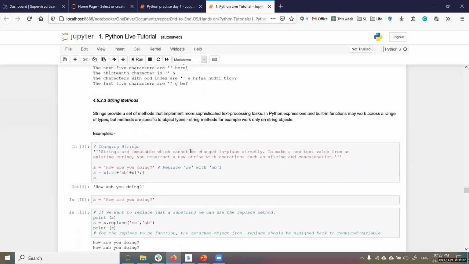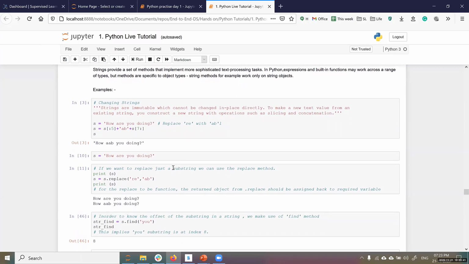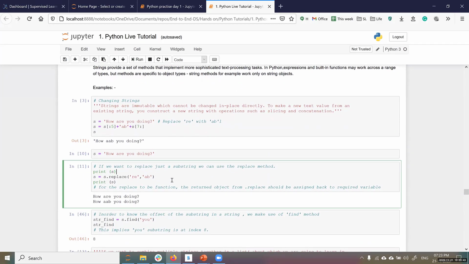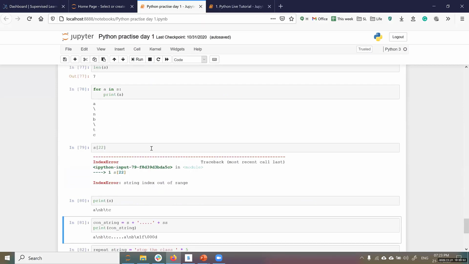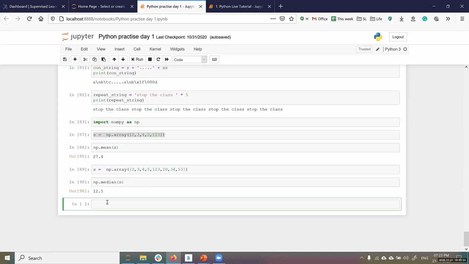right. So some of the string methods are like replace. If you have a substring and you want to replace it with something, for example, s is equal to, okay, let's start with hands-on.